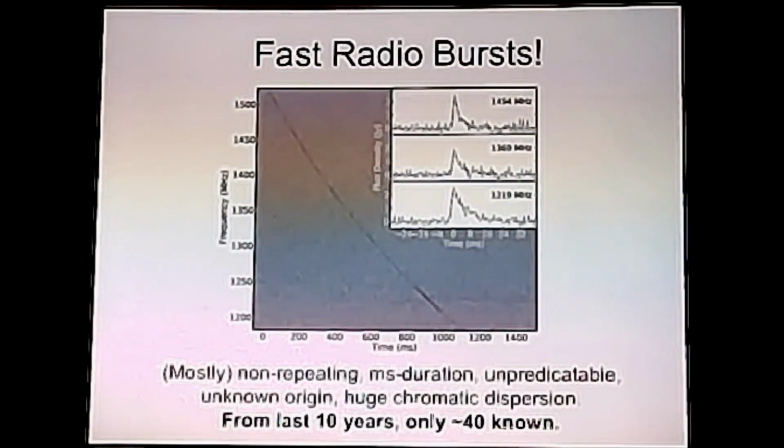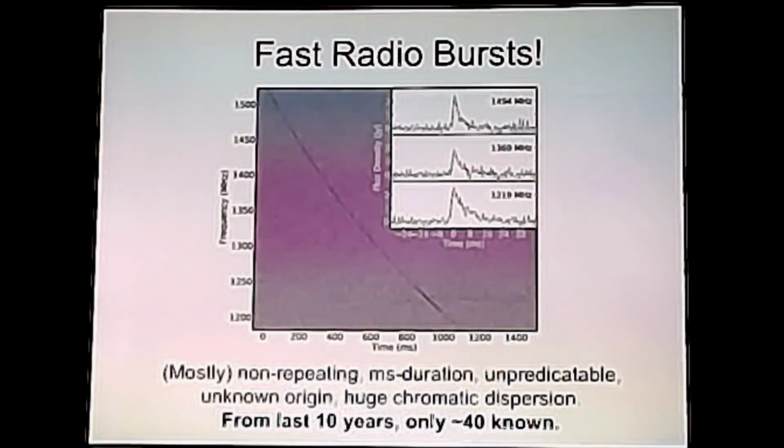Fast radio bursts are sort of the hot topic in radio astronomy. These millisecond-long blips of light come apparently at random, unpredictably, from unknown directions, and never repeat. There's one of them that does, but all the others have never repeated. In the last 10 years, we've discovered 10 of these. The characteristic thing about them is that they appear to be broadband emission that has traveled a really long way, or at least through a very long column,